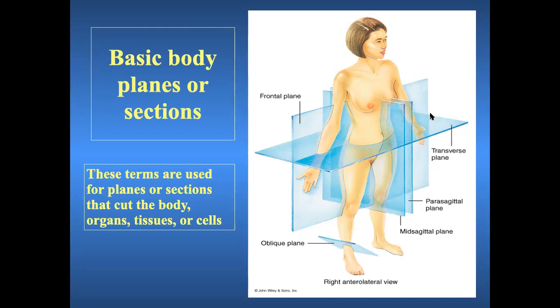So these are called the ala of the nose. Now, if I'm taking a parasagittal section, it passes through the ala of the nose. Right. So I can take a little lateral